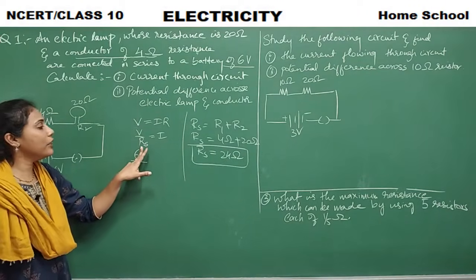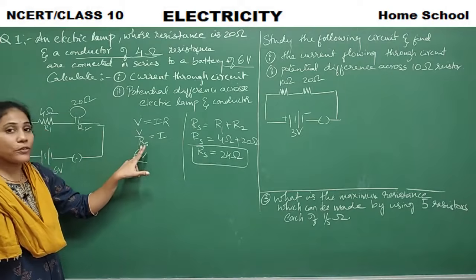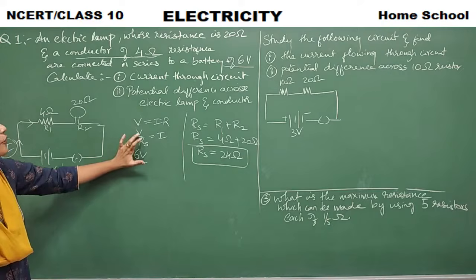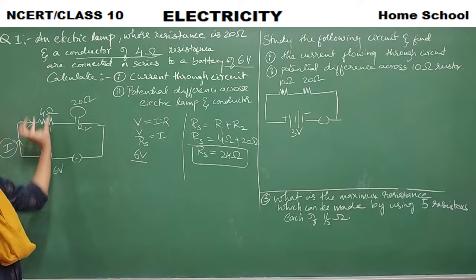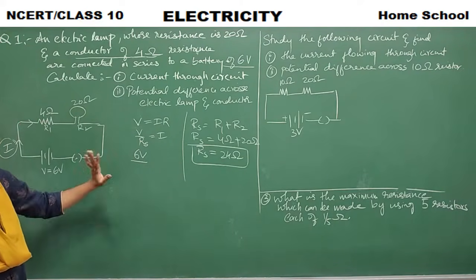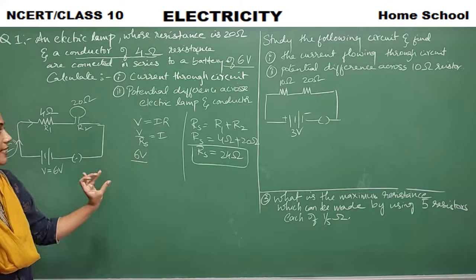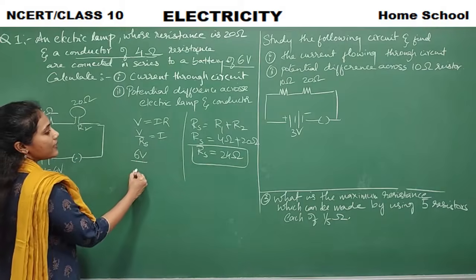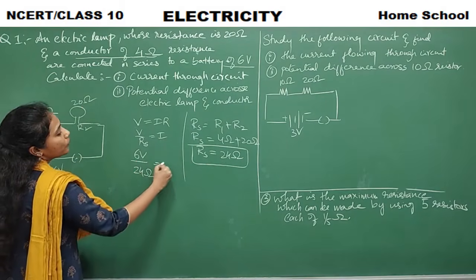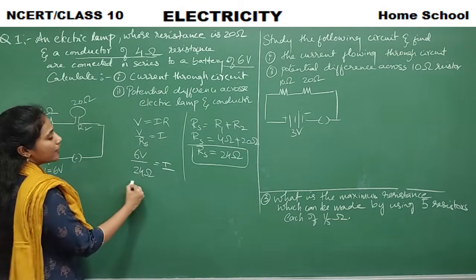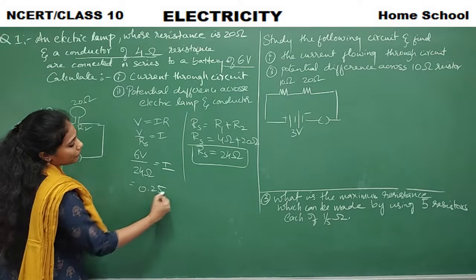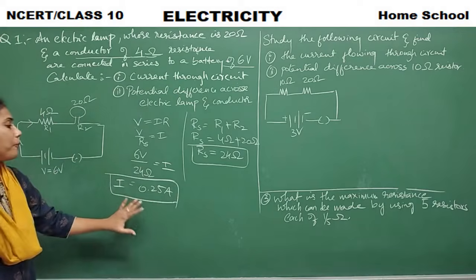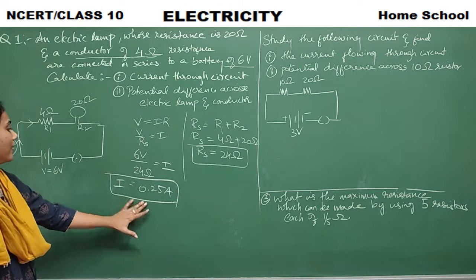You have to be very careful in taking the RS value. You have to take RS when current is asked, the total current in a circuit, right? So V by R, V is the total voltage, not the individual voltages of each resistor. It is the total voltage and total resistance. Total resistance you don't know, you have to find out, right? So 6 volts divided by 24 ohms would give you your current. So that is 0.25 amperes. So what is I here? 0.25 amperes. Clear everybody? Fine.